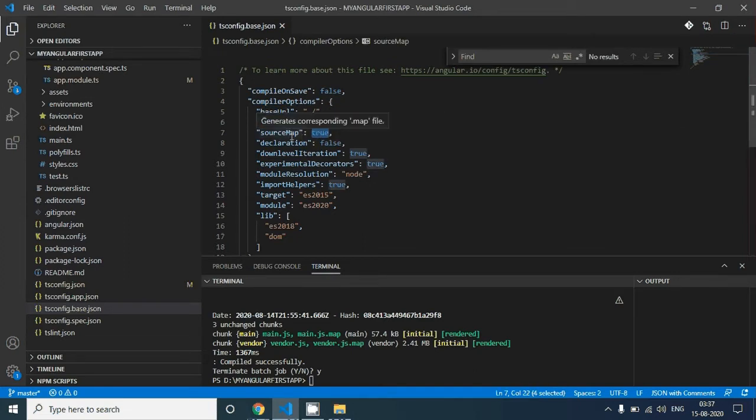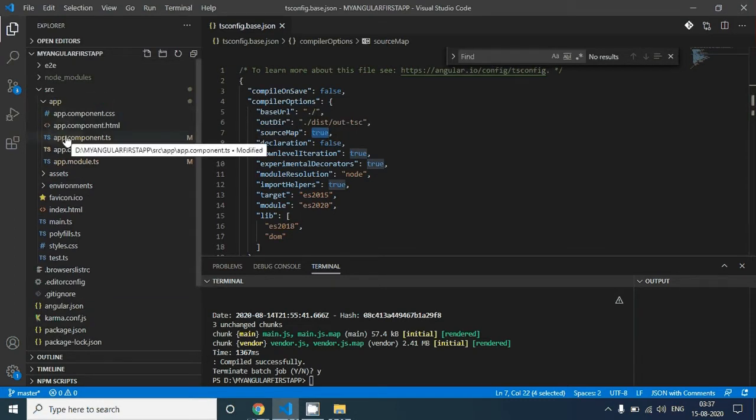The source map file actually creates a JavaScript file against each of these app.component.ts files. As we know, our browser doesn't understand TypeScript, it understands JavaScript. Whatever components we have in our project, against every component a JavaScript file gets created.